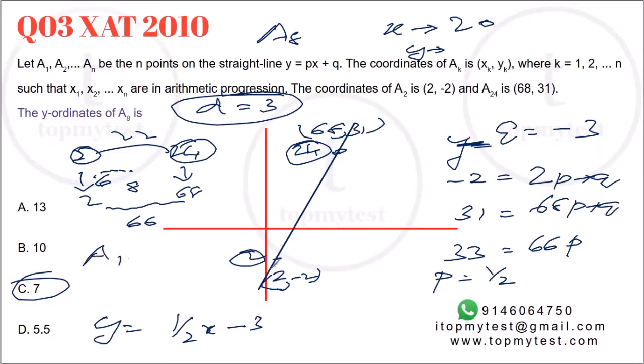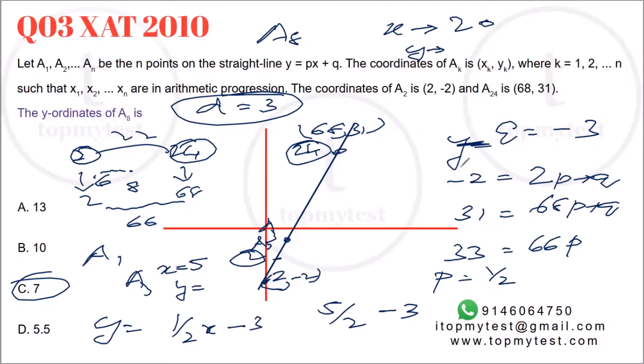So what will be x? A1 will be somewhere here also, right? So that is going to be not in the first quadrant. A2 is also not in the first quadrant, right? What happens to A3? A3, the value of x would be 2 plus 3, which is equal to 5. What will be the value of y? If you substitute it here, 5 by 2 minus 3. That's also negative. So again, A3 is not in the first quadrant.